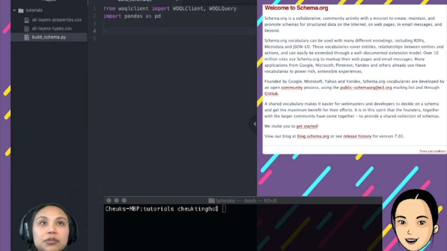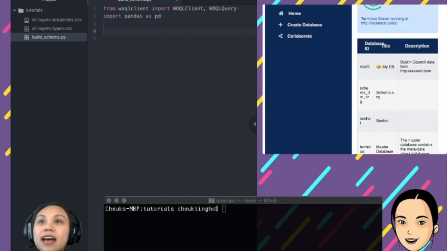So localhost, not 4000, that's my website, 6363 console. After you have installed TerminusDB with the QuickStart script, it will prompt you that it's now running on localhost 6363 console. So this is where my TerminusDB sits.